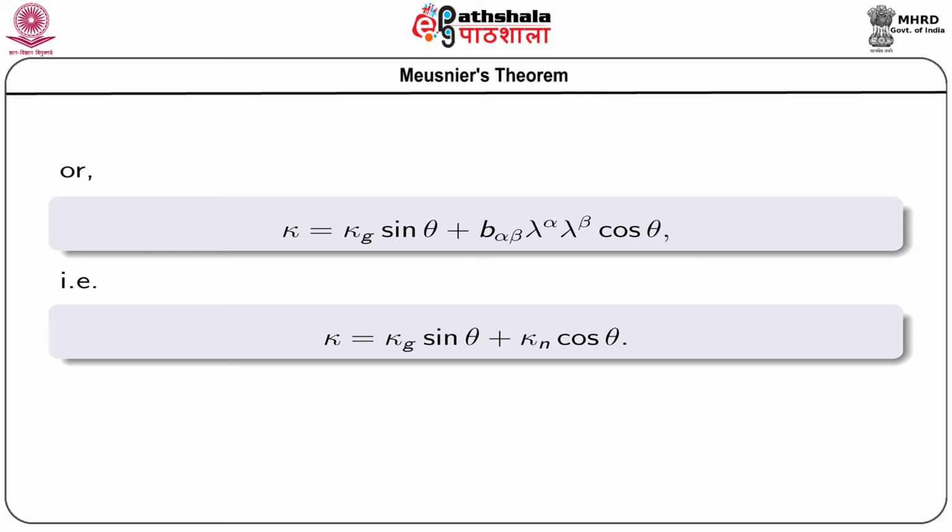So, this is a very interesting relation between the curvatures of the curves on a surface which have the same tangent vector, the kappa_g, that means the geodesic curvature of the surface, and kappa_n, that is the normal